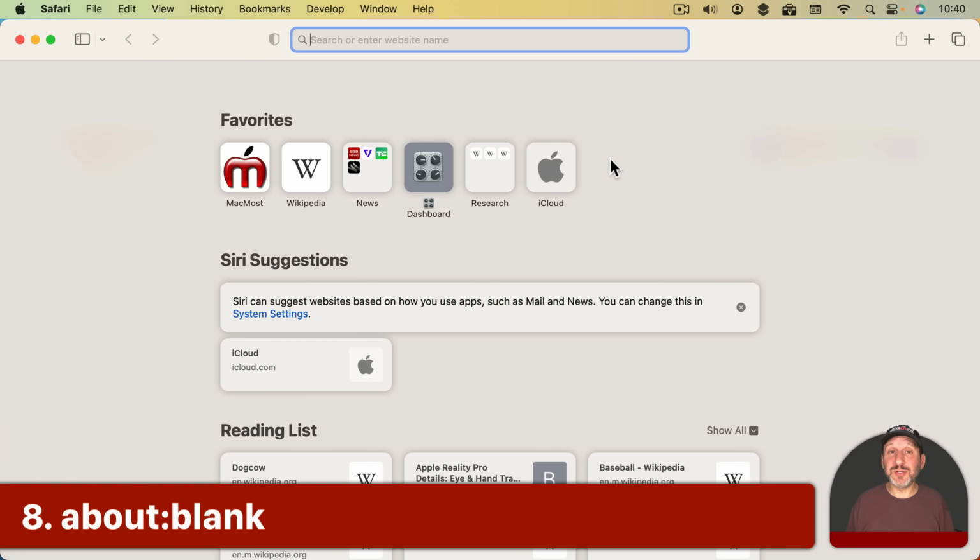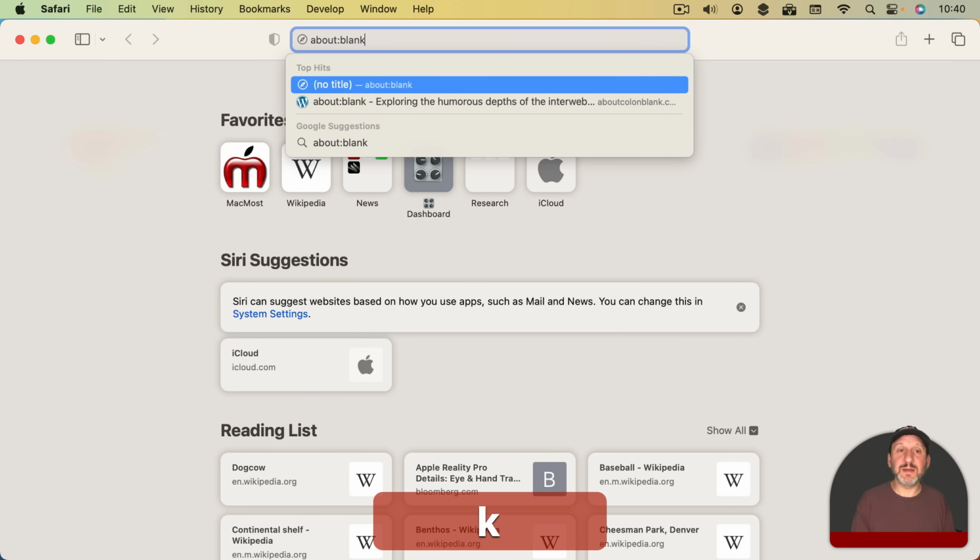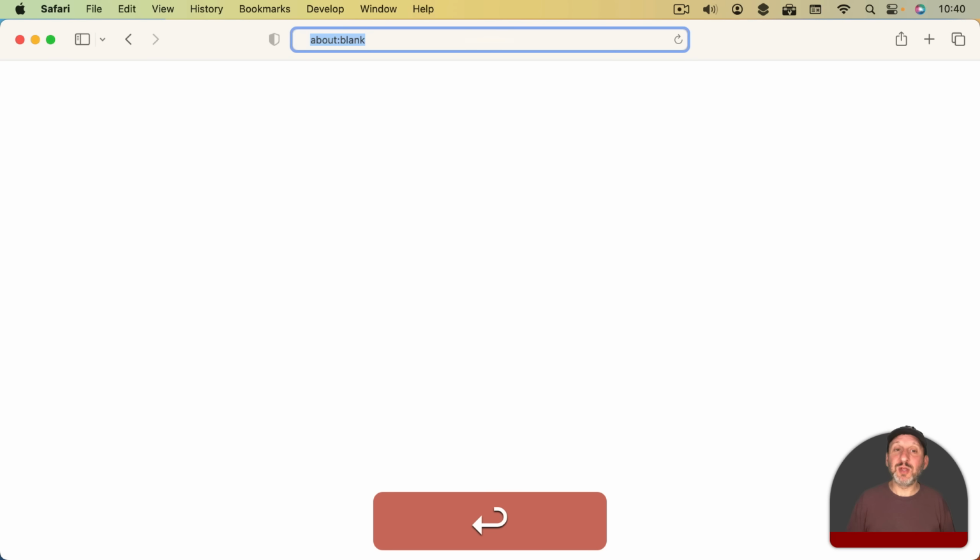Now here's an odd thing that you can do with the Smart Search field. You can type exactly this. You can type about:blank. And when you do that and include exactly that, no spaces or anything, you get a blank page. This dates back to the earliest web browsers. There used to be a whole bunch of different about: things that you can do. But I think the only one that actually works in Safari today is about:blank to load a blank